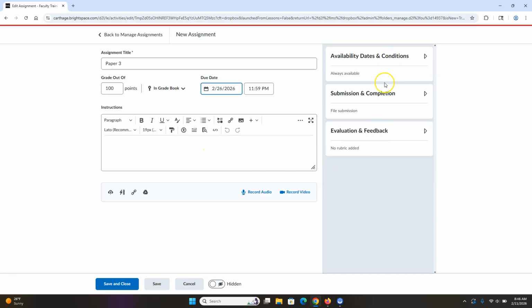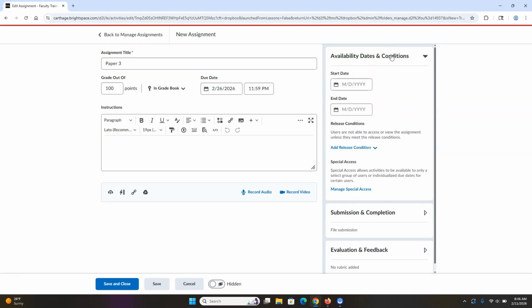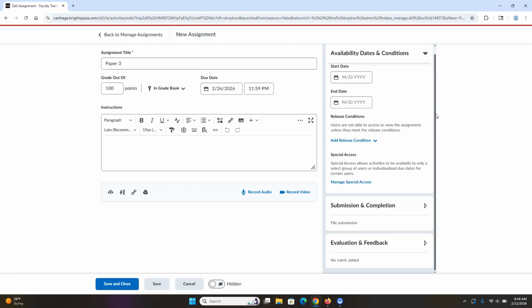And now I'm going to walk you through a couple of things on the right side here that are going to be important as well. Under availability, dates, and conditions. So if there's a reason why you want a start date and an end date, put them right here. Especially if you don't want students submitting after a certain date, you'll definitely want an end date. But these are dates in regards to when students can actually do something with that assignment. Under submissions and completions,